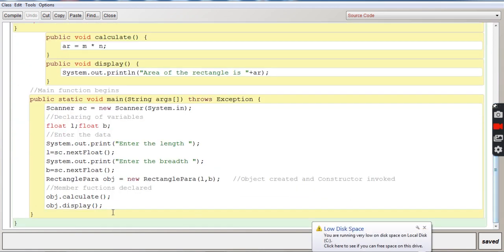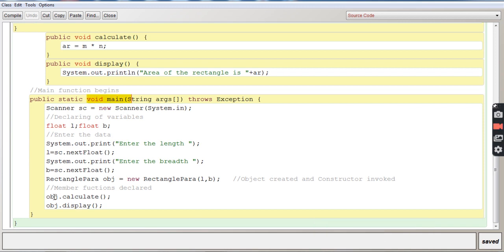We'll come back to the main function, and it will go to obj.calculate. Calculate is a function which will be invoked now by the object obj. It will try to search where the calculate function has been defined, and it will find it over here.